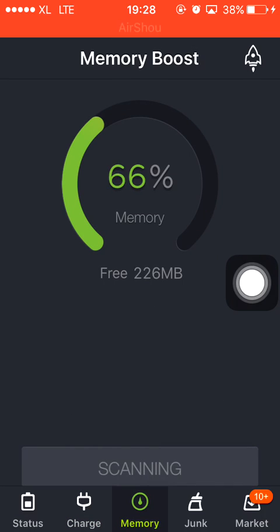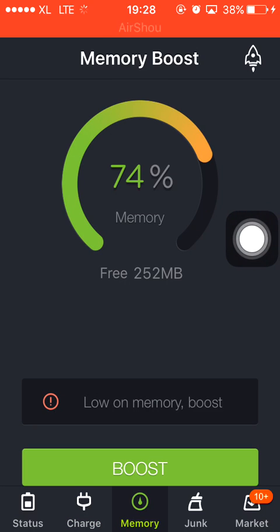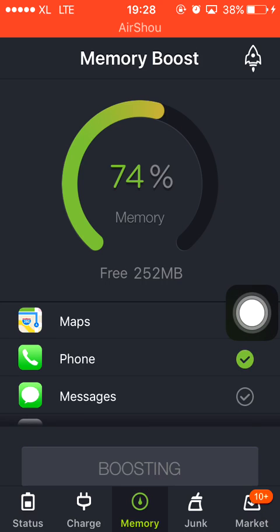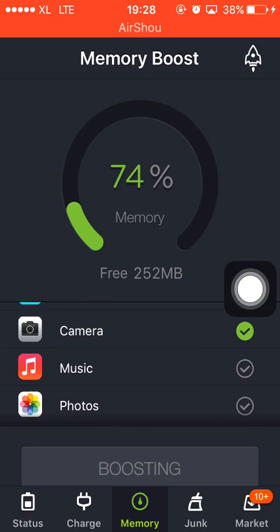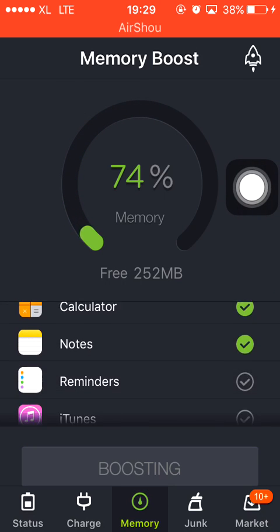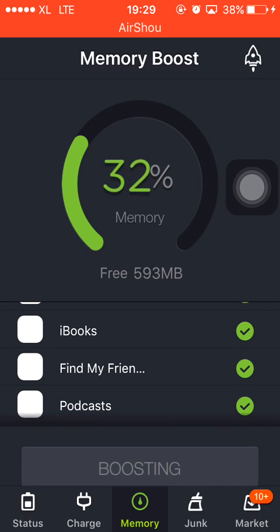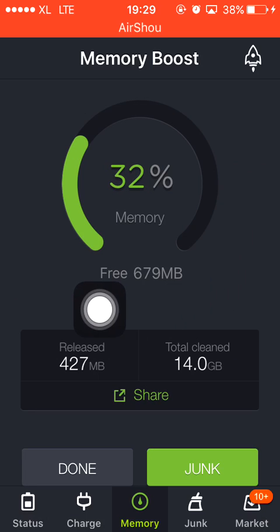In this part you can scan your RAM, to see how much RAM you use to operate your iOS. So if you need to clear up your RAM, you just click the boost. After that you will get your iPhone more fresh again. You can see there is free RAM